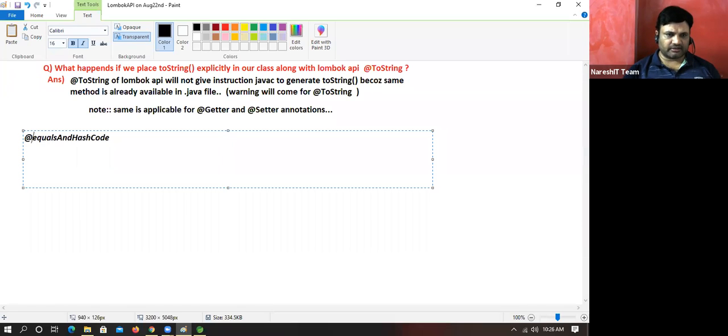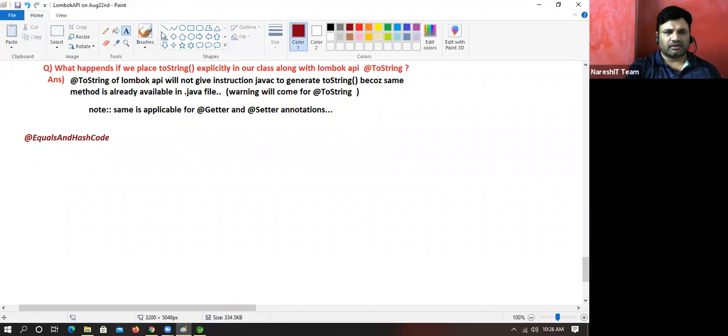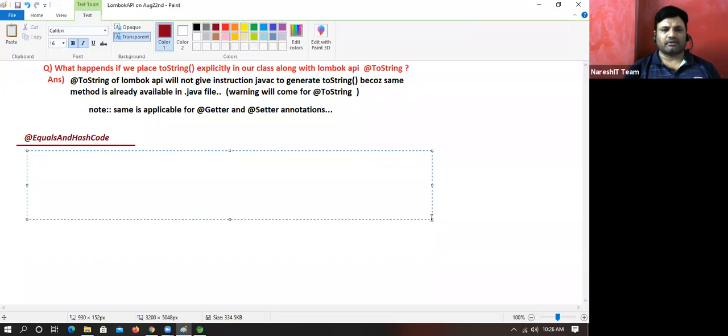At the rate equals and hash code annotation. Fine, boss. It generates the equals method and hash code method